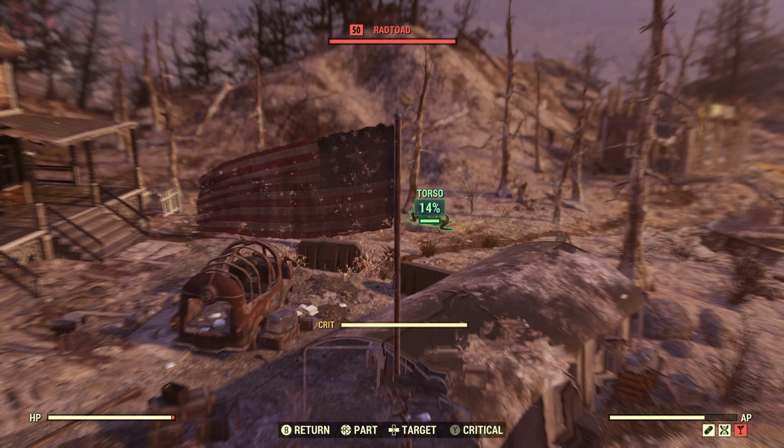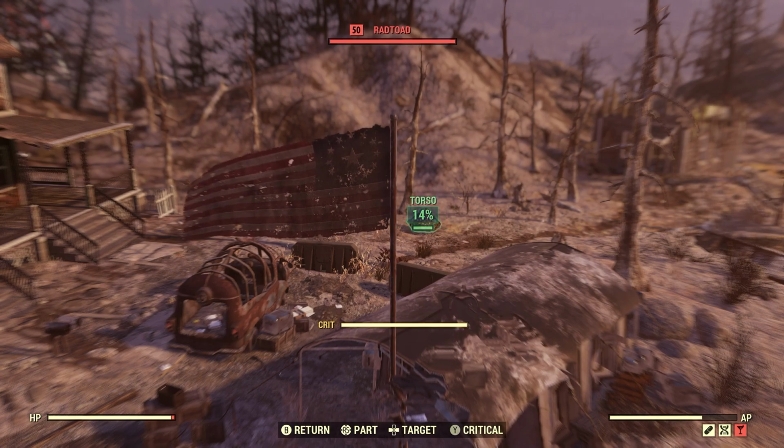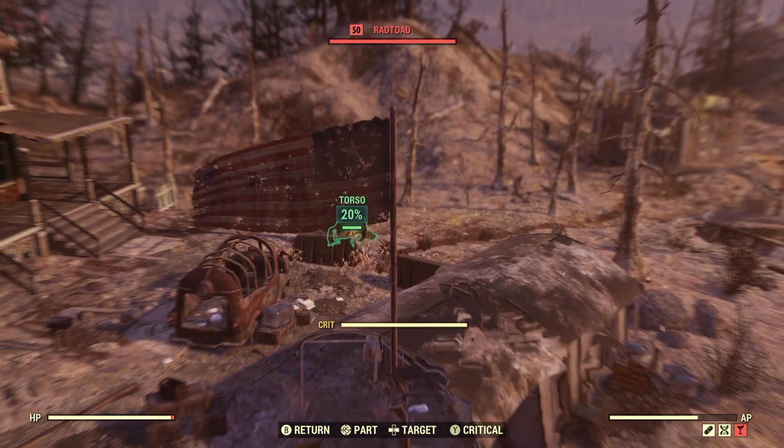Now, if you happen to have a 2-shot, and if you're lucky enough, you can actually score 2 critical hits on an enemy with a 2-shot. You guys have seen me do that many times with my 2-shot handmade, okay? Now, once the crit meter is empty, it's going to take some time to get that crit meter full